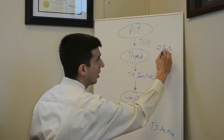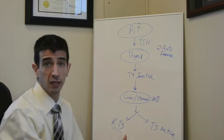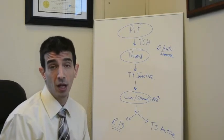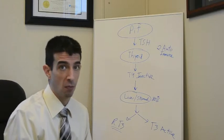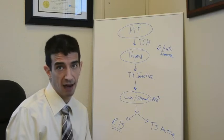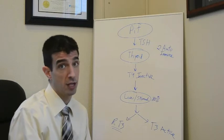So what does that mean? Autoimmunity basically means that your immune system has mistakenly identified your thyroid as something foreign, and it's attacking you. This probably represents a good 70, if not more, percent of the thyroid problems that we see. You have to have these 2 markers specifically measured, because the way you treat a thyroid that's an autoimmune,